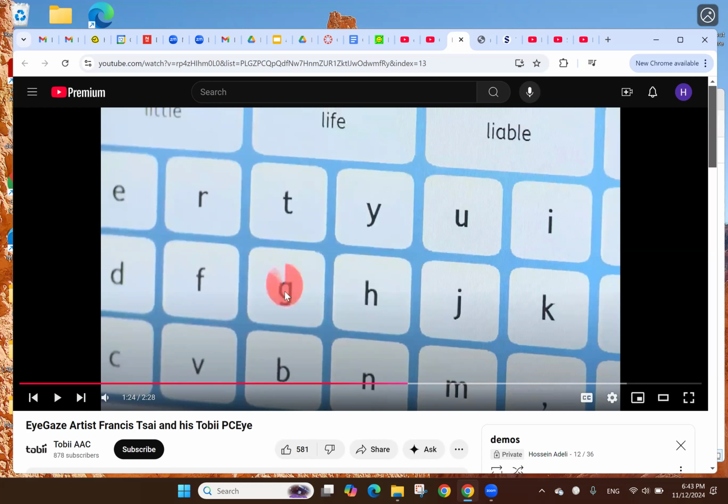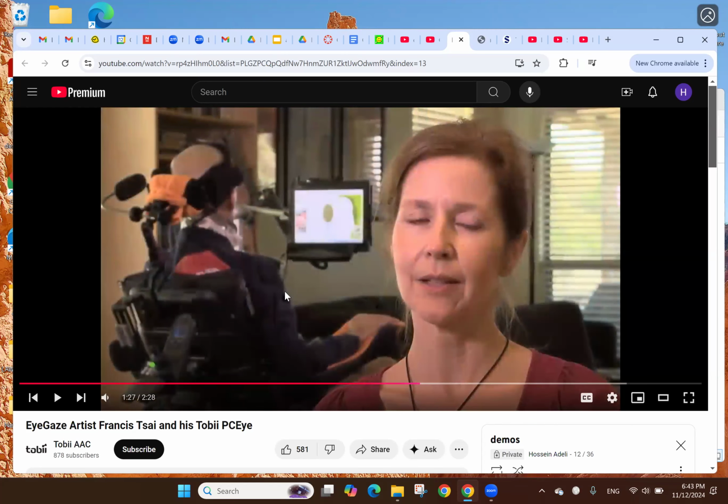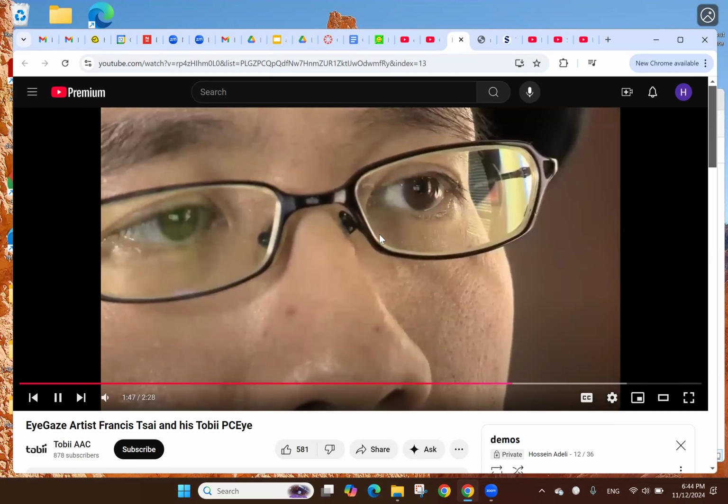Now, you can imagine that with something like this, if you're really good at it, if you practice with it, maybe you could type 10, 12 words a minute or something like that. You could really write a book, and people do write books in a year or so when they have a device like this. Staying in touch with people. But yeah, there are now technologies that are sophisticated based on these sorts of eye movement based